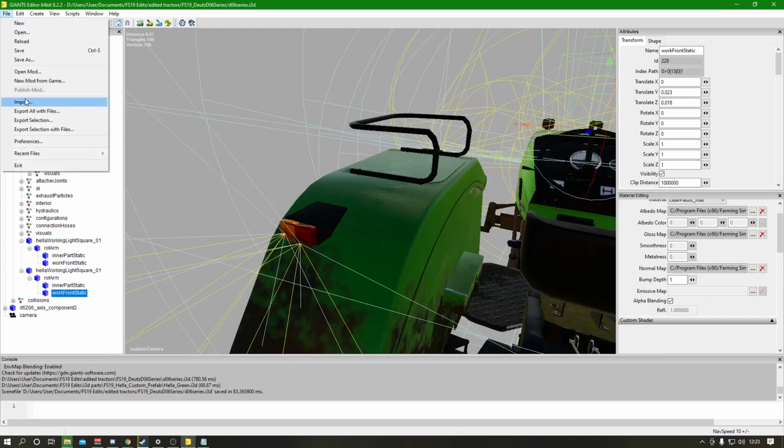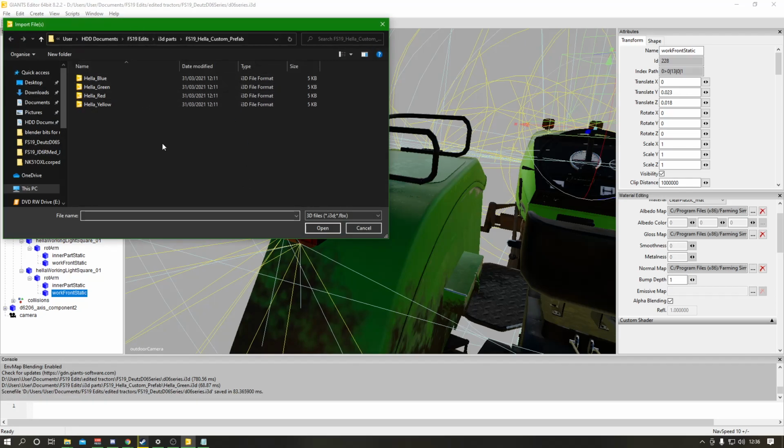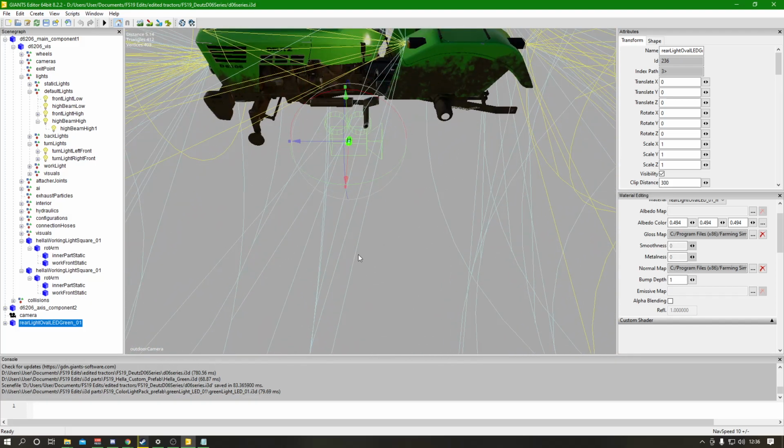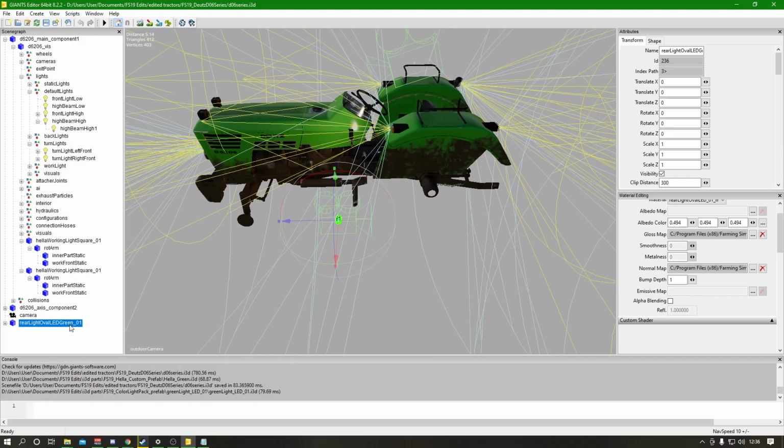We will also be adding the color light pack prefab, exact same file, import files. Here you see they are in your FS edits folder. What you need to do is pick your colour. I think we shall go green light to match the Dute. Again, open that up. As you can see, same as with the other light, it has spawned down here. Again, as usual, Control X to cut it and just paste it into the lights